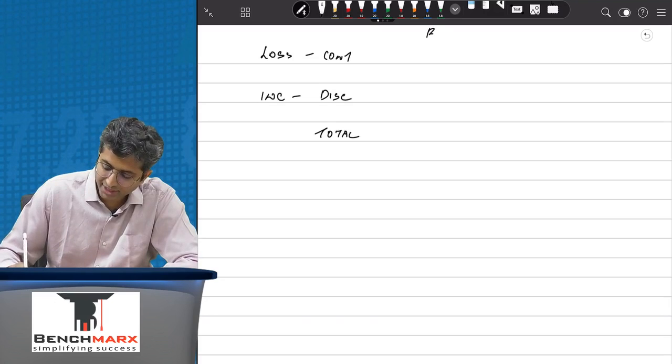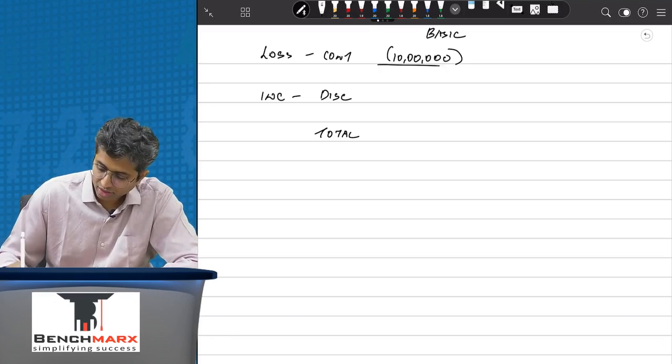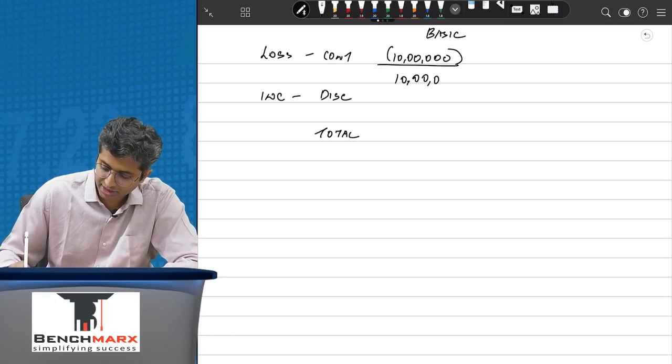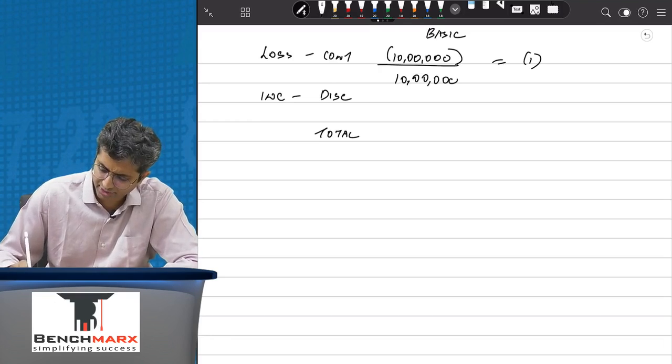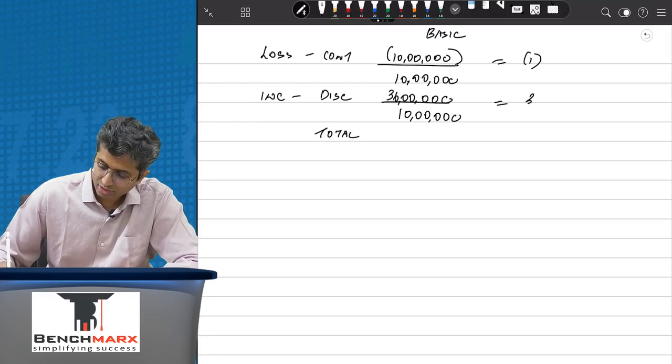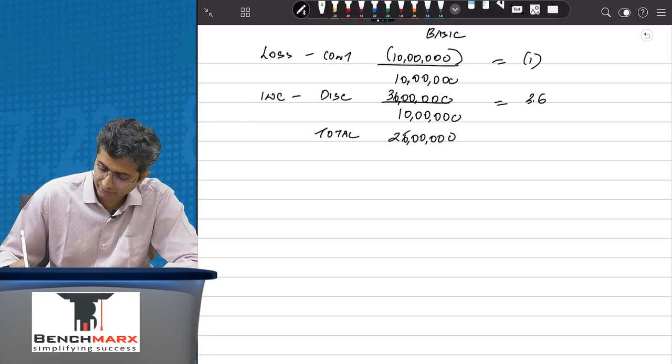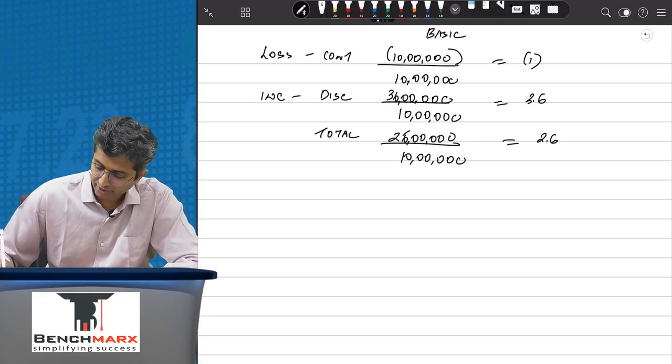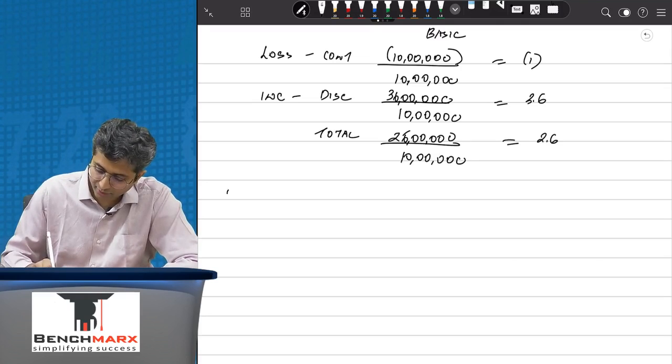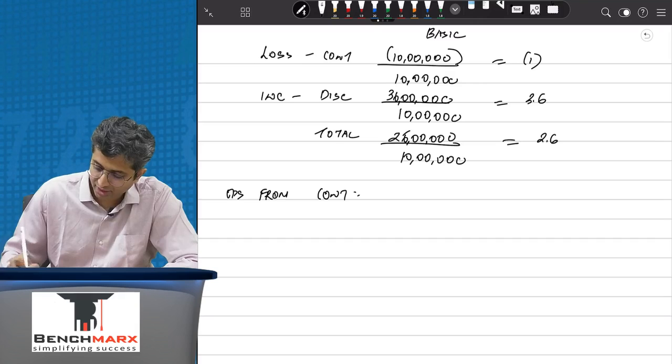So if I look at the basic EPS working, this is a negative 10 upon 10 lakhs, and hence this is a negative 1. This is basic EPS. This is 36 lakhs positive upon 10, which gives you 3.6. This is 26 lakhs net positive divided by 10, which gives you 2.6. Now if I want to find the EPS from continuing operations on inclusion of that 2 lakhs, this is